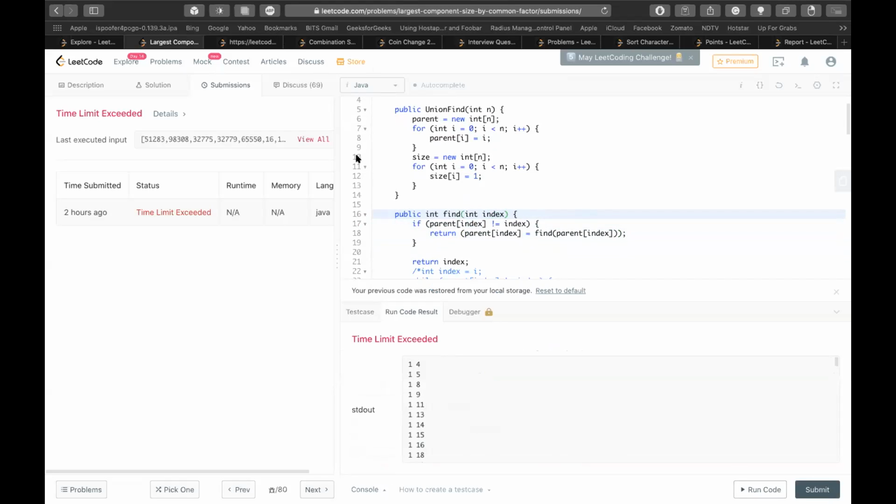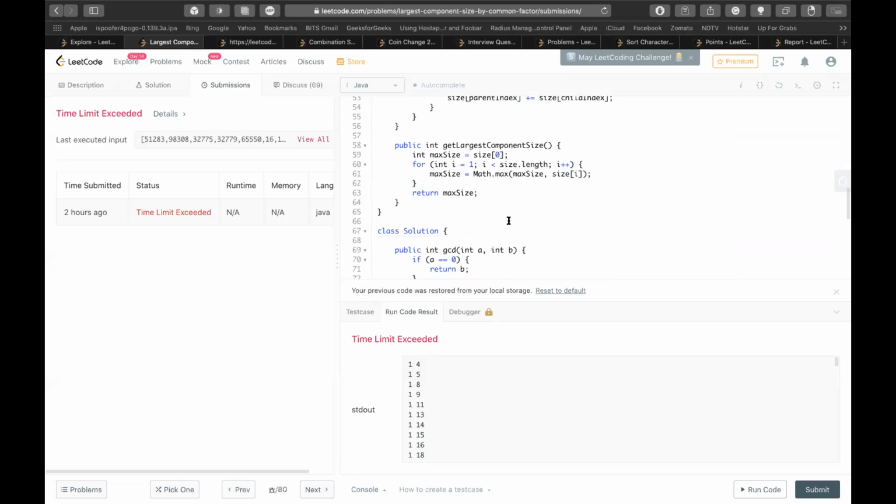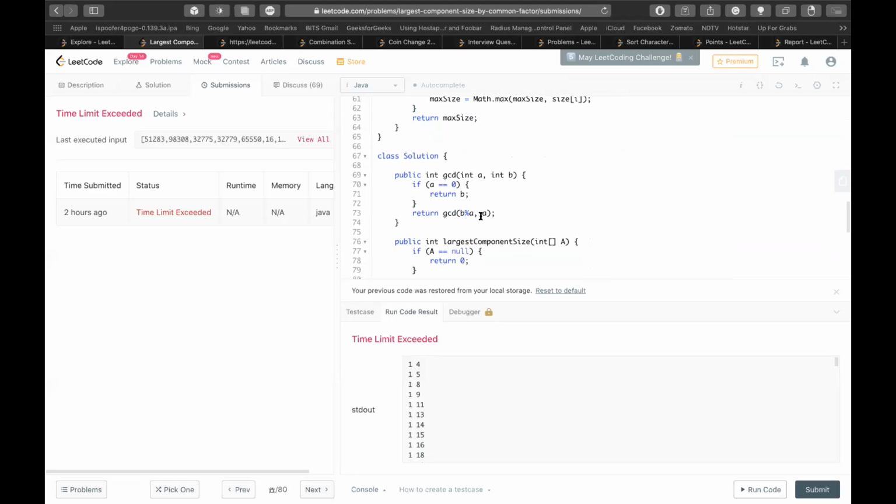I can also give a look at it, because I think the GCD one is also a good approach. I think you can check at which point it is giving you TLE by using the debugger.